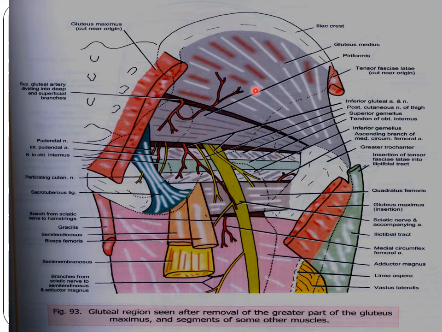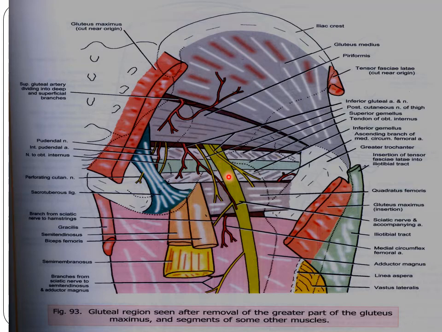you can see the gluteus medius, minimus, and tensor fasciae lata. This one is the inferior gluteal nerve. This key muscle is the piriformis. Deep to the piriformis pass the sciatic nerve, then the pudendal nerve and pudendal vessels, then the perforating cutaneous nerve, and these are the sacrotuberous ligament. The small one is the sacrospinous ligament, and this one is the origin of the hamstring muscles.